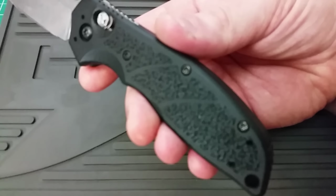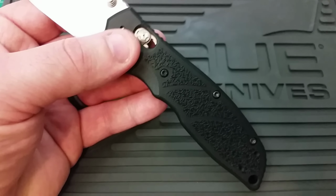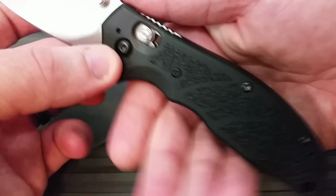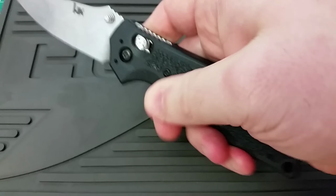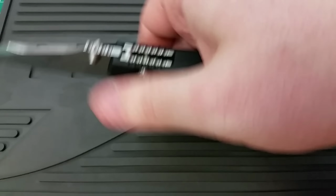And I think what HK and Hogue have collaborated to make is something that's just going to be very good and comfortable and grippy in hand. And instead of doing something fancy that might make the knife look more expensive, they really valued the fact that they wanted to make something that was functional. If it got wet or if you're wearing gloves or no matter what the situation,